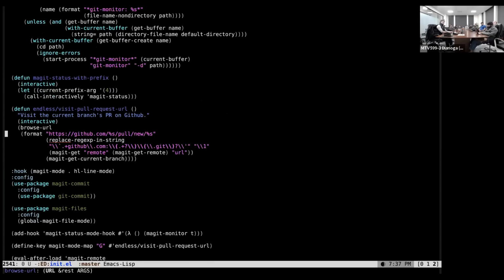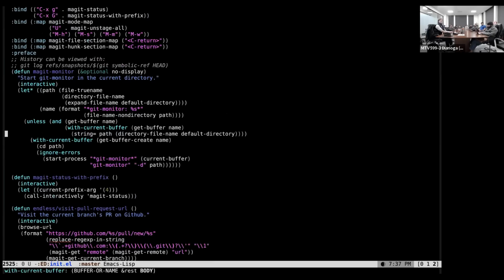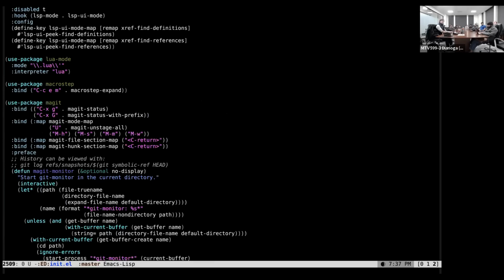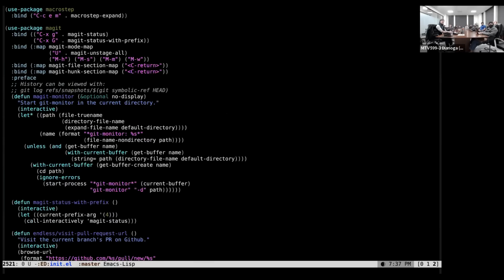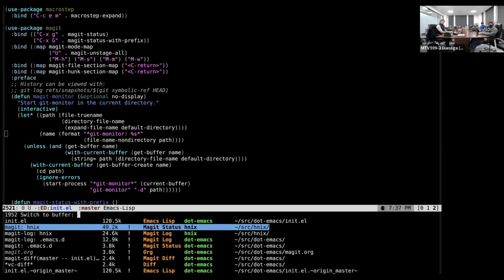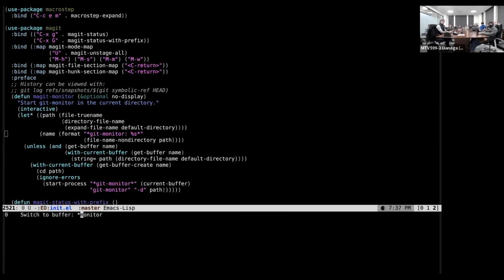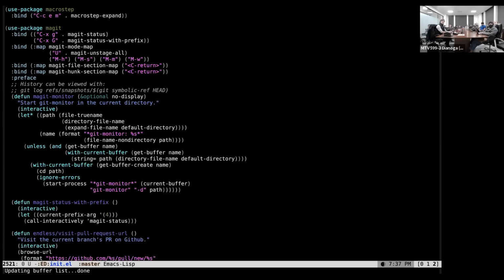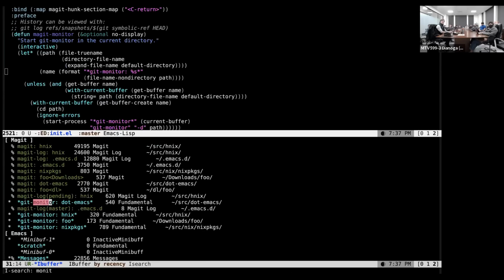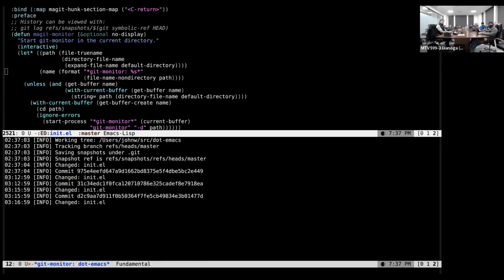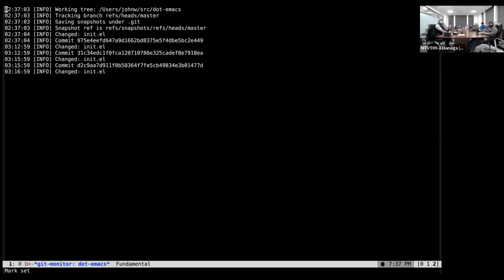Other than that, I'm going to give a little pitch here for my own little utility. It's a Haskell tool, so you install it with Haskell, but I think it's available on a lot of distros, called Git Monitor. And what Git Monitor does is, where is Git Monitor? No, it's here. All right, so what Git Monitor does is it sits in the background, and every 60 seconds